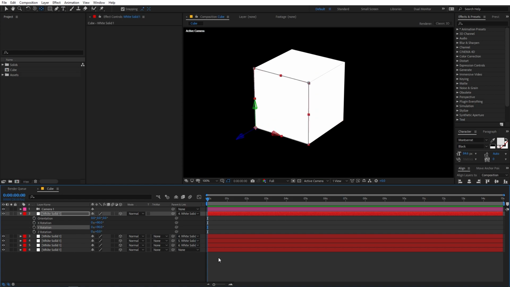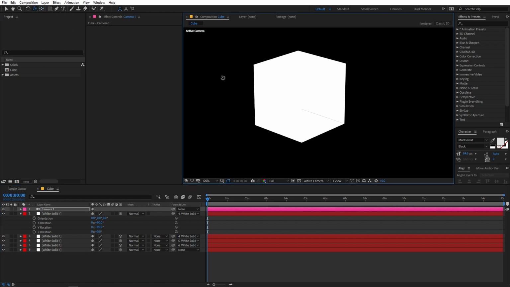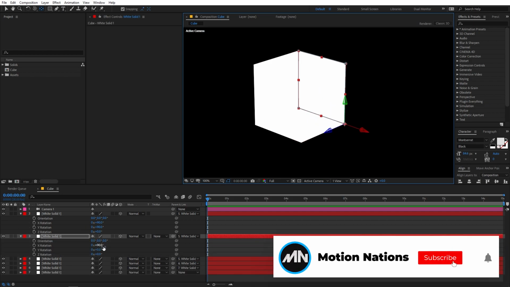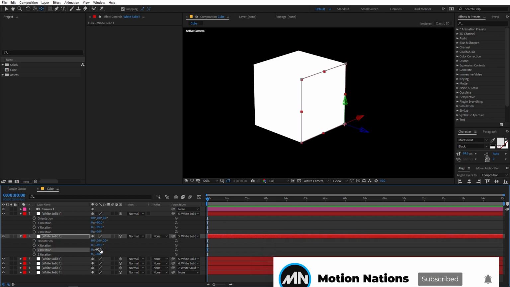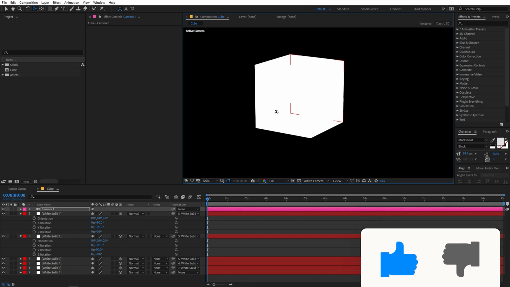So now you can see that we have filled this side, and let's do the same thing for the other one. So let's move it to the other side, and again let's select this one. Again press Ctrl D, and then we can move this to something like this. After that press R, just set the Y rotation to -90. So now you can see that we have a perfect cube just like this.